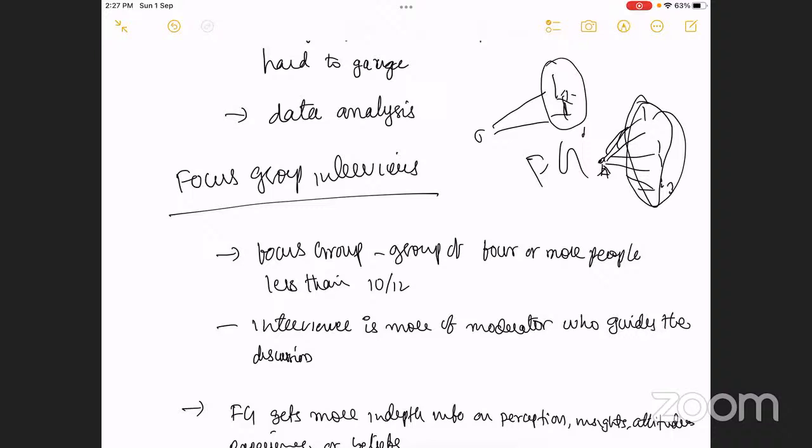As the moderator, in this, you need to be careful about the content. Either you need to record or you need to point out everything. So the respondent 1 answer, respondent 2 question, respondent 3 answer, respondent 4 question. So everything you need to note, right? So usually nowadays people